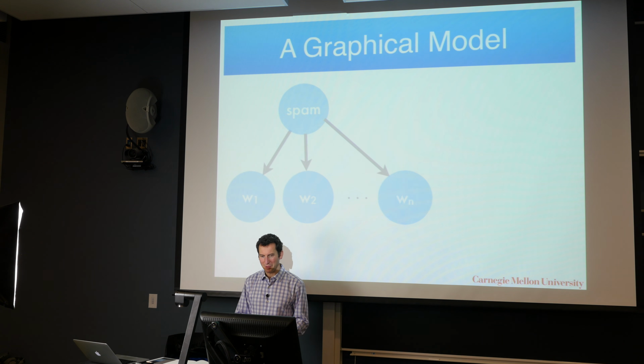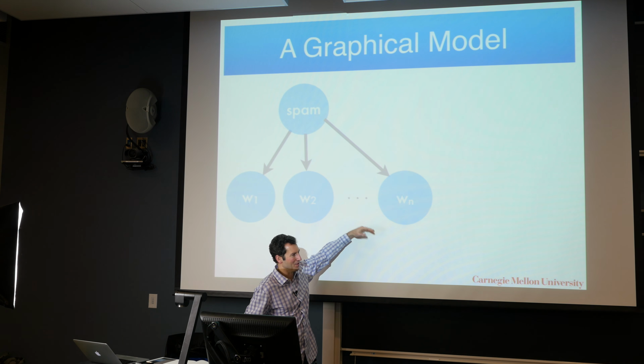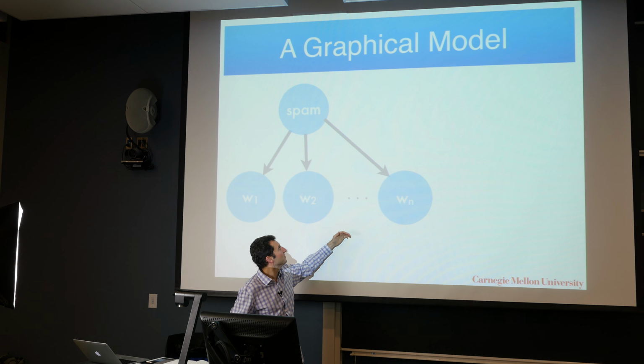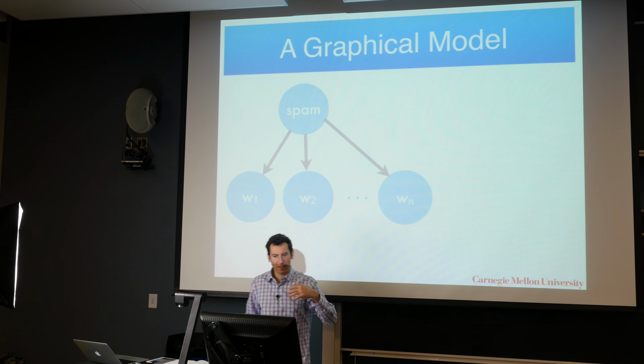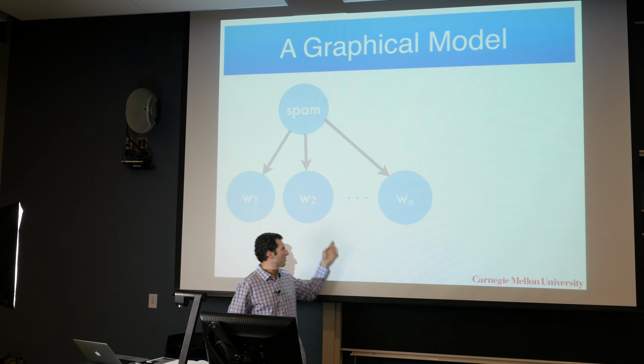Okay, don't know why my presenter isn't working well today. So I'm basically making the assumption, and this is just the first graphical model that we're going to encounter, and we will see a lot more. But this is already going to explain a lot of the prototypical things in there. You basically have a variable, a causal variable, in this case spam, and this causes various words to occur or not occur.